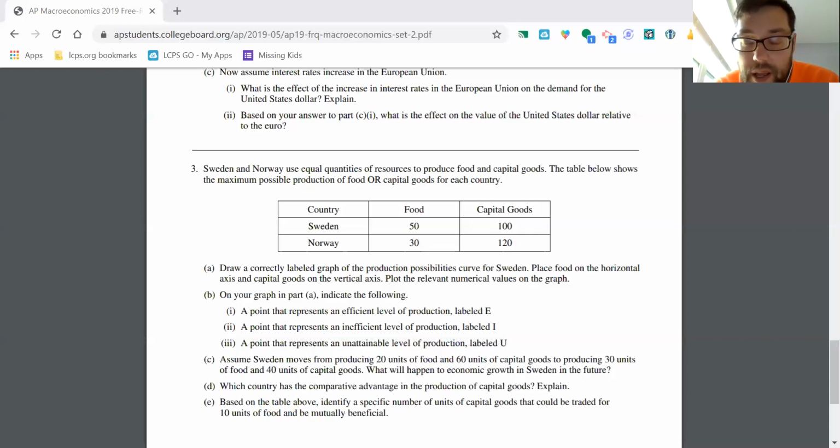That should be 1/2, right? Now this is capital goods, and this is food. It's always in terms of the opposite good. All right, so now this question,